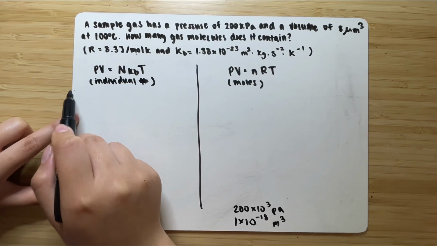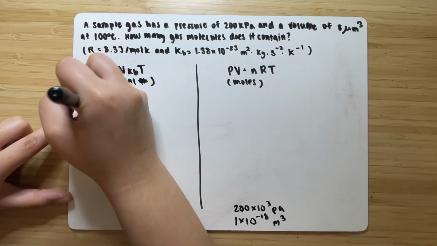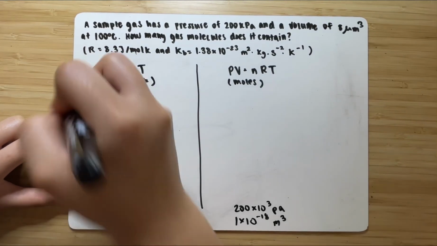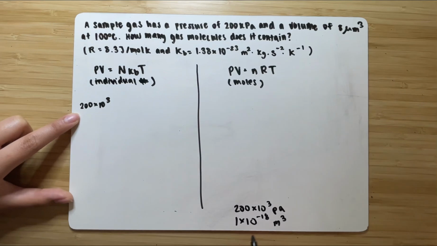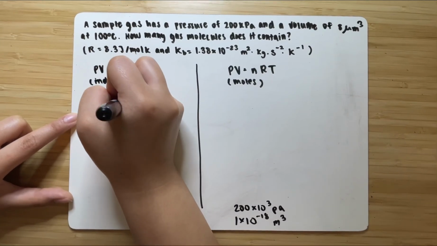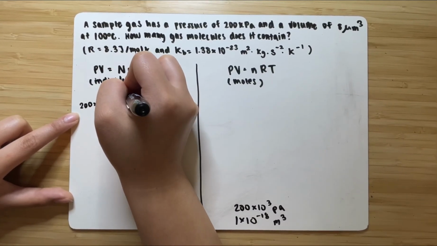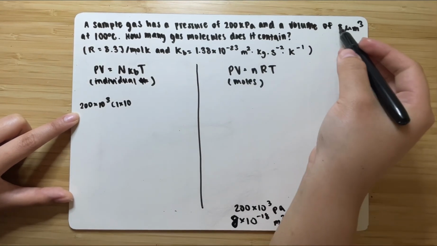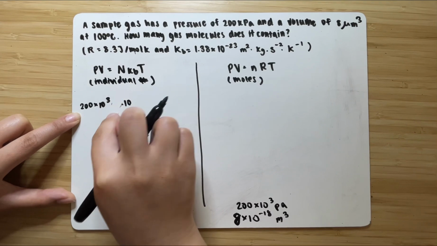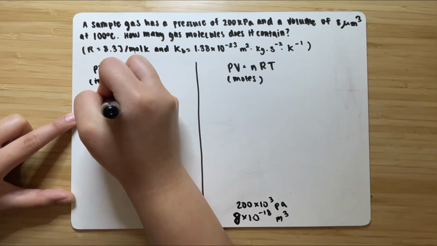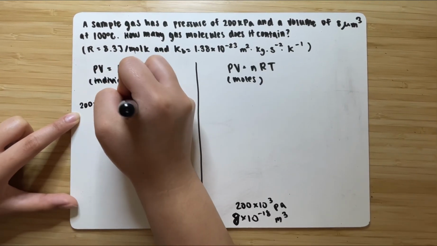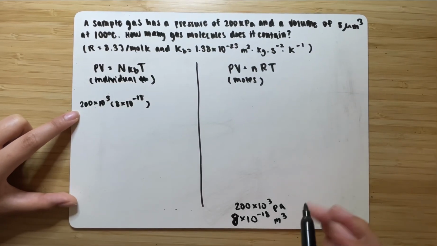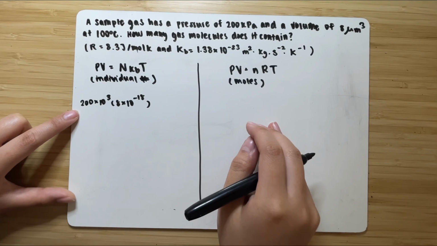Pressure is 200 times 10 to the third power times volume. Volume, we know that it is 1 times 10 to the, no, it would be 8 because it is 8 here. So 8 times 10 to the negative 18 meters cubed